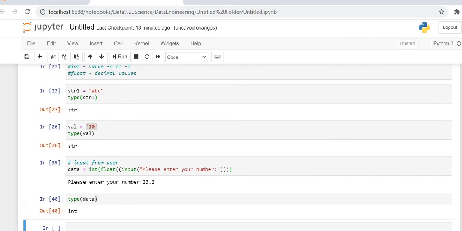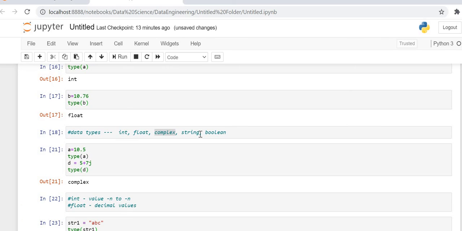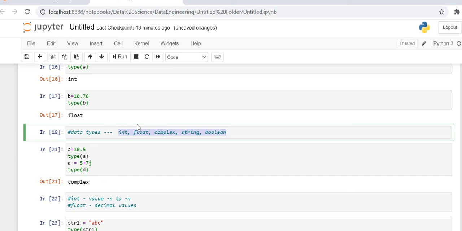So we have seen 5 types of data types: integer, float, complex